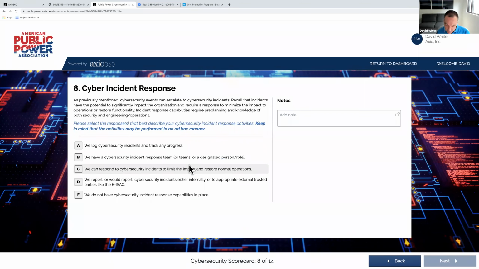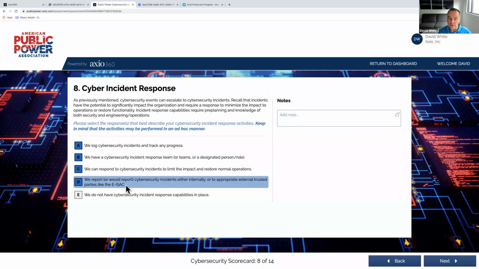Incident response. If you've escalated an event to an incident, in other words, the event has passed through that test or threshold that you've created, then you've declared it to be an incident. Do you log those? Do you have a response team? Do you have the ability to respond in a way that limits impact and achieves a restoration of normal operation? And do you know who you may need to report that to, either internally or to external trusted parties like